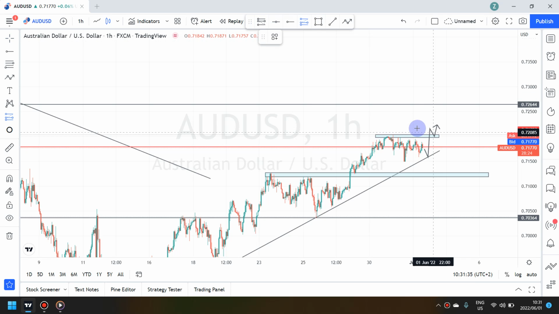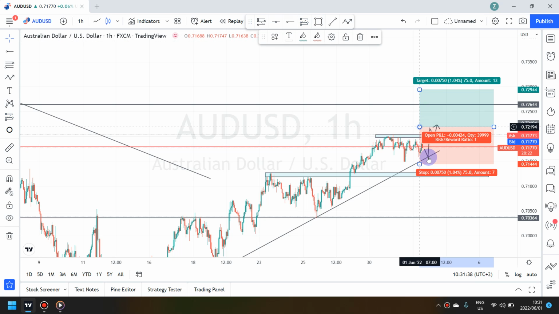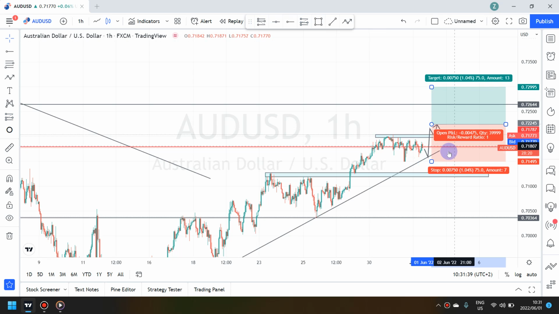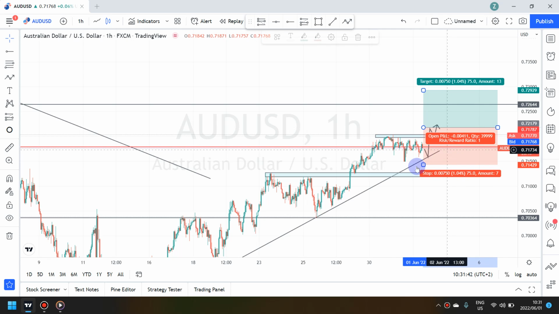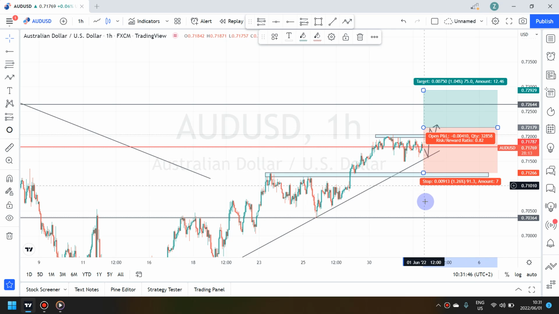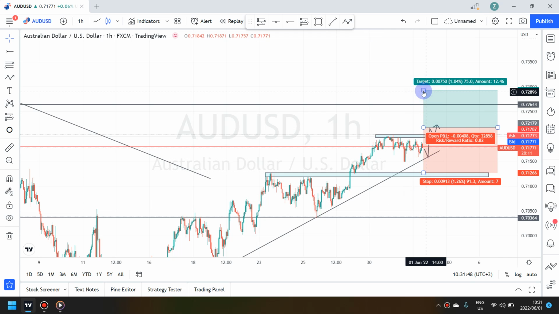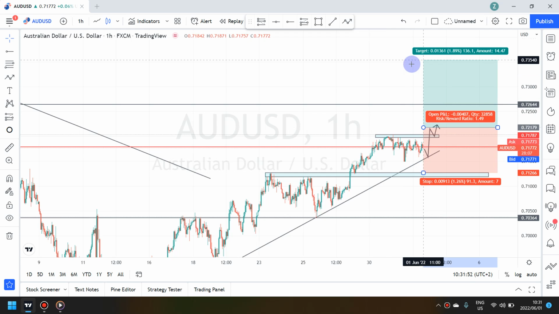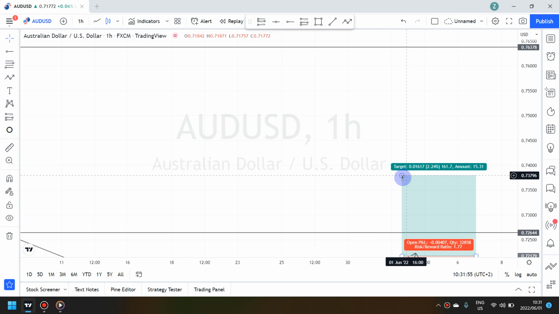So you would place your buy stop order around there, somewhere here, with your stop loss at this zone there. That's where it would invalidate your buy setup, and then your take profit would